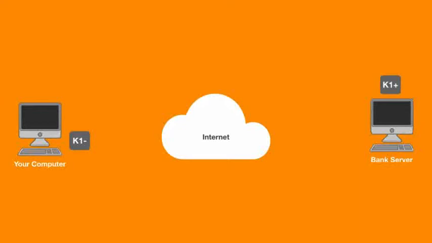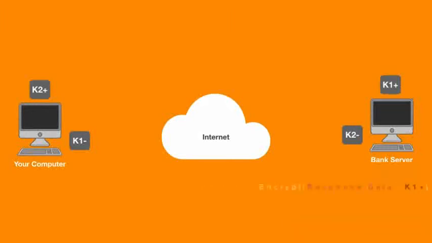On the other hand, our bank server also has a public and a private key. It makes the public key publicly available to everyone. Let's say the public key of the bank server is K2 plus and the private key is K2 minus. We first obtain the public key of the bank server, then encrypt our credentials with it and send it to the bank server. Once the encrypted data is received at the bank server, it decrypts it with its private key and then validates the credentials. If the credentials are correct, it then sends our bank information like the account number, balance, or anything which is involved in internet banking to us.